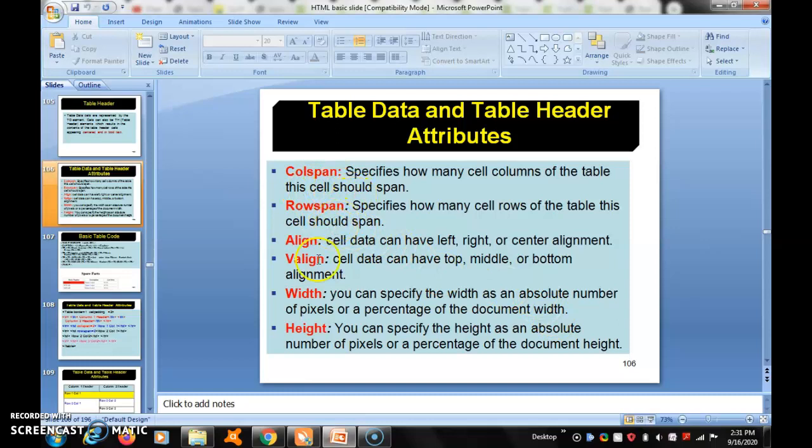Col span, row span, align, valign, width, height. So here col span means how many columns of the table the cell should span. Row span means how many rows the cell should span. And align, data can have left, right, center alignment. Valign means data can have top, middle and bottom alignment. Width you are giving is the size of the text. Likewise,